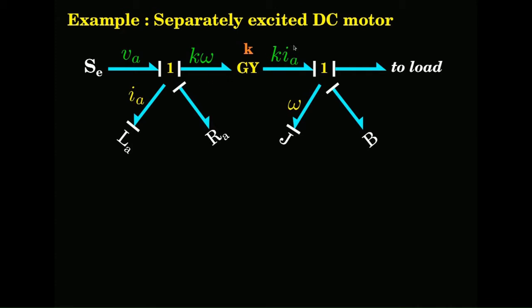This is the flow. On this side, it will become the effort because of the gyrator cross-linking. Effort links to flow, flow links to effort. So, this would be TD, the developed torque of the machine. So, this K IA is the developed torque, it has to supply this and the load TL.